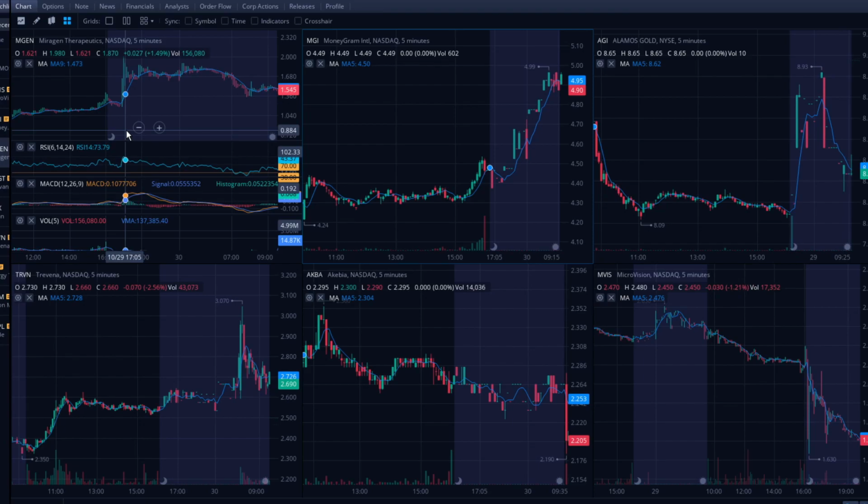This was one that I had in a portfolio a long time ago on another account, and they had a phase 3 data release on one of their drugs that is already approved in Japan, and so I thought that it would run. It actually ended up going from $3.16 all the way up to $4.16, but I was in the middle of working and I missed that run and ended up actually having to sell for a loss. So I'll show you guys that trade in a little bit.